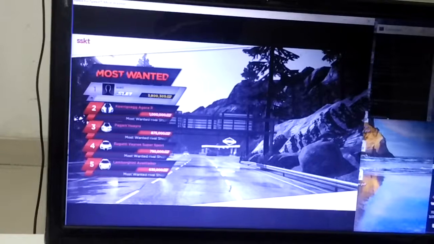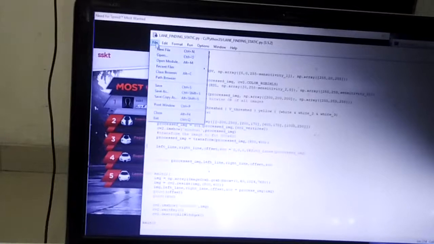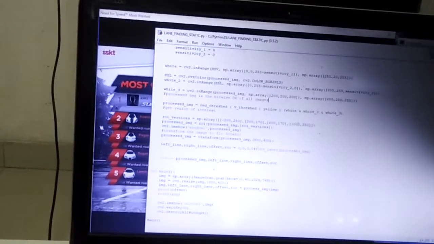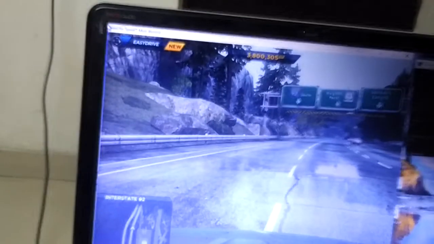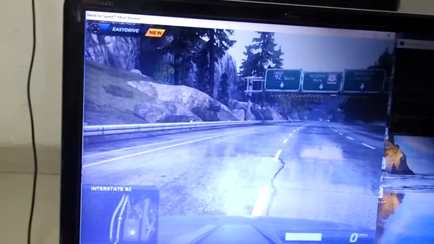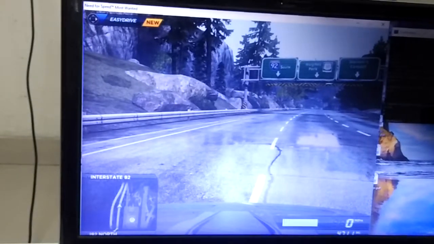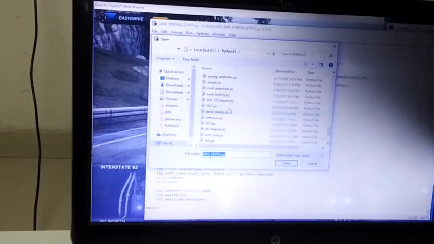As for the neural net algorithm, where is it? Just a sec. The way the neural net algorithm works is that it takes an image. It takes this frame, as in it takes a screenshot of my screen, but only in this region. I have to specify the region in which it has to take the screenshot, and once it has taken that screenshot, that image is then